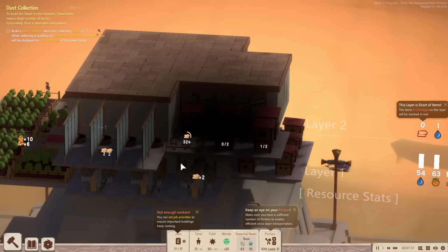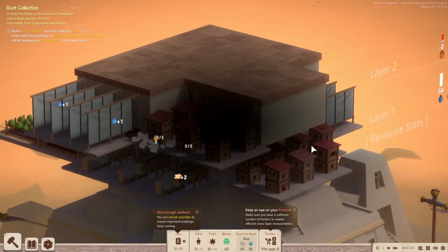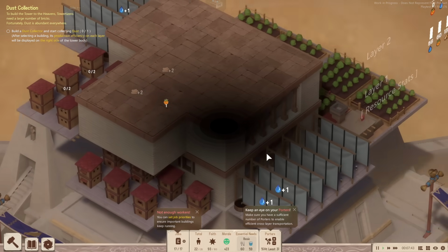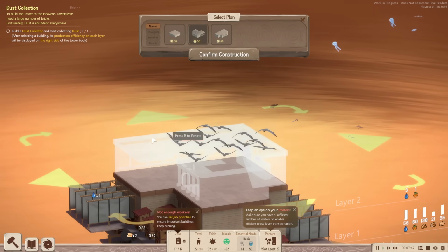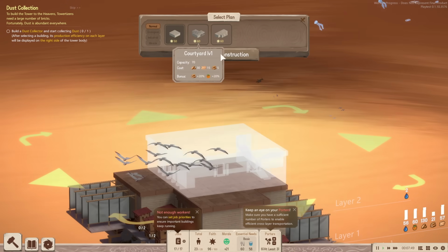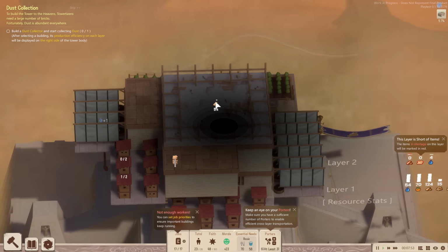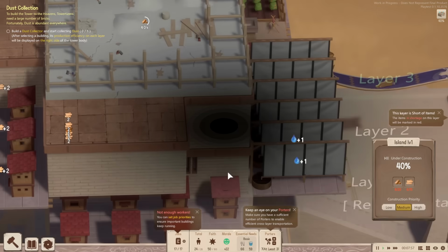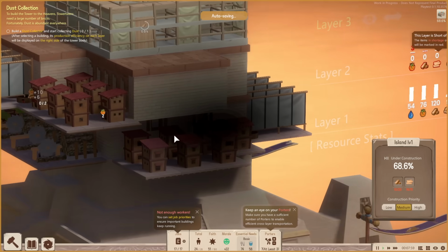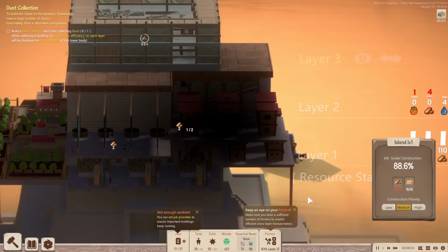Now, I'm going to do like what the tutorial does not want me to do, and I am going to build a new layer for my dust collector, because I kind of want to have more plantations on that bottom layer. So just give me a very basic layer here that they will start working on. That requires some sand bricks and some planks. They're coming in and it's good. We could set that construction priority higher, but frankly, it's the only thing we're constructing because I already have some